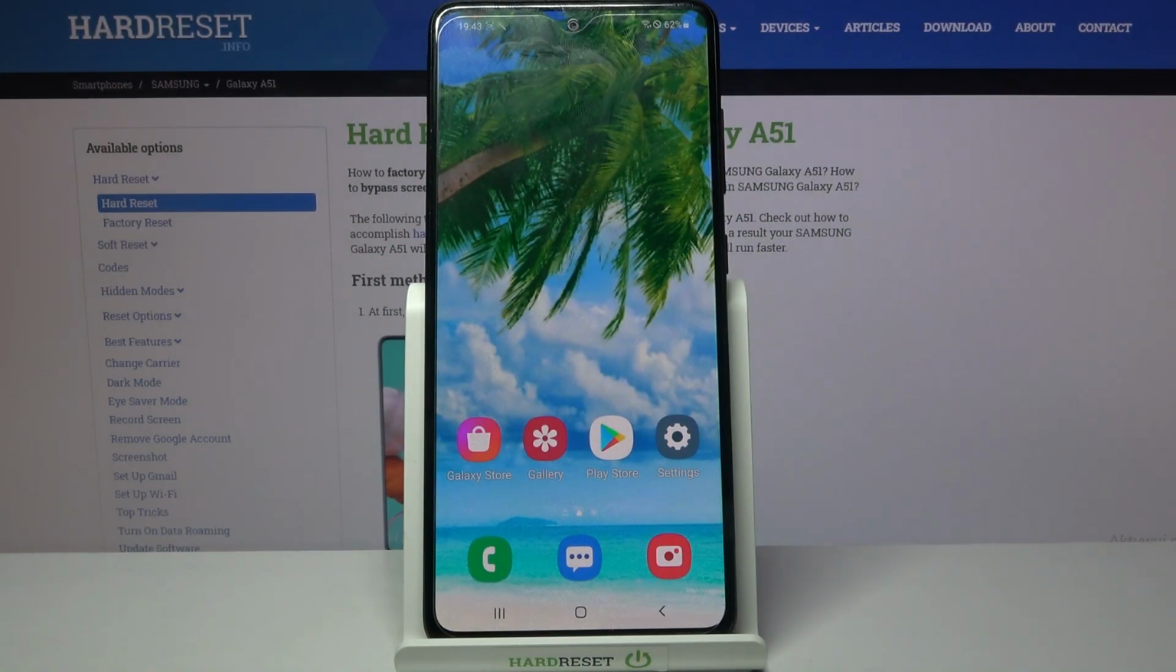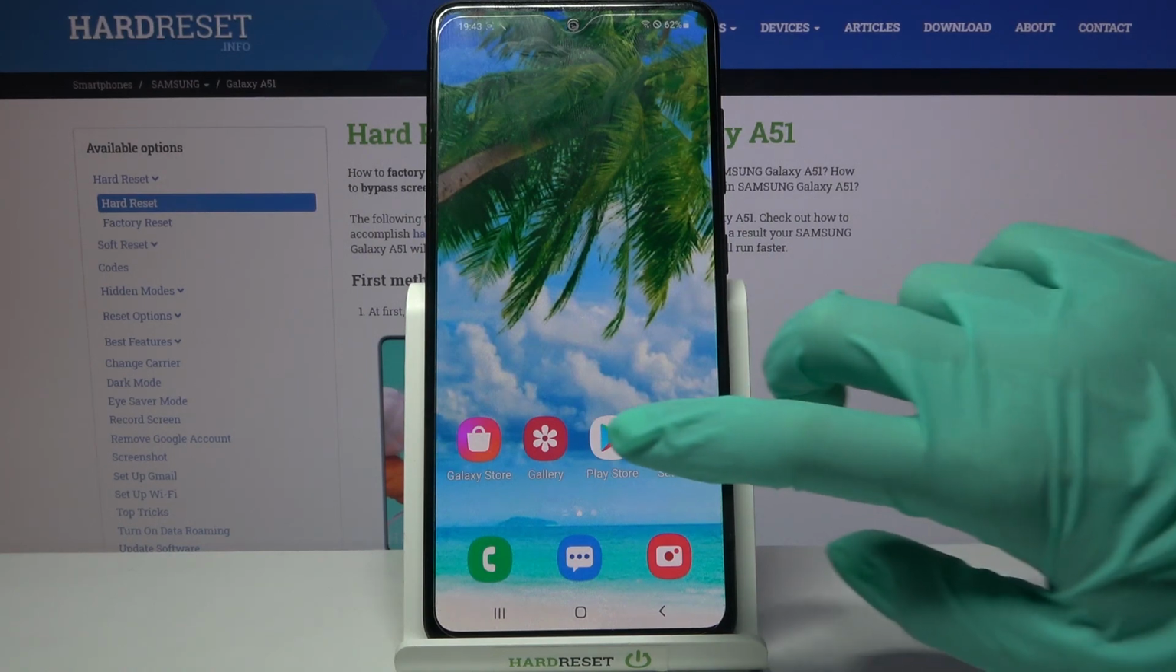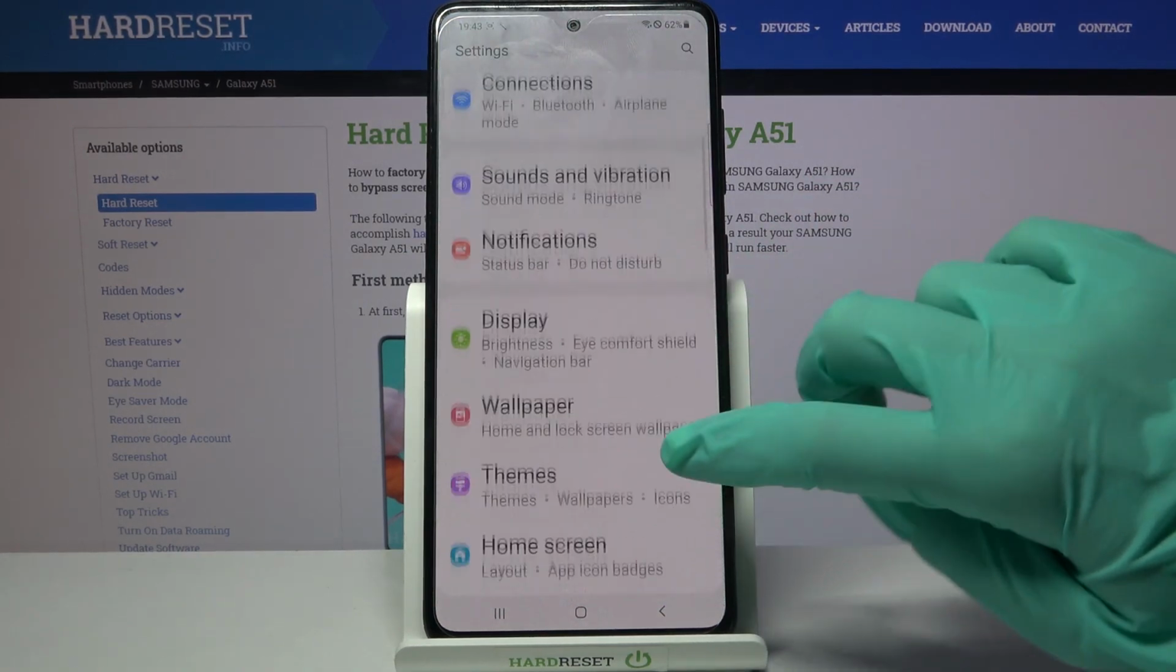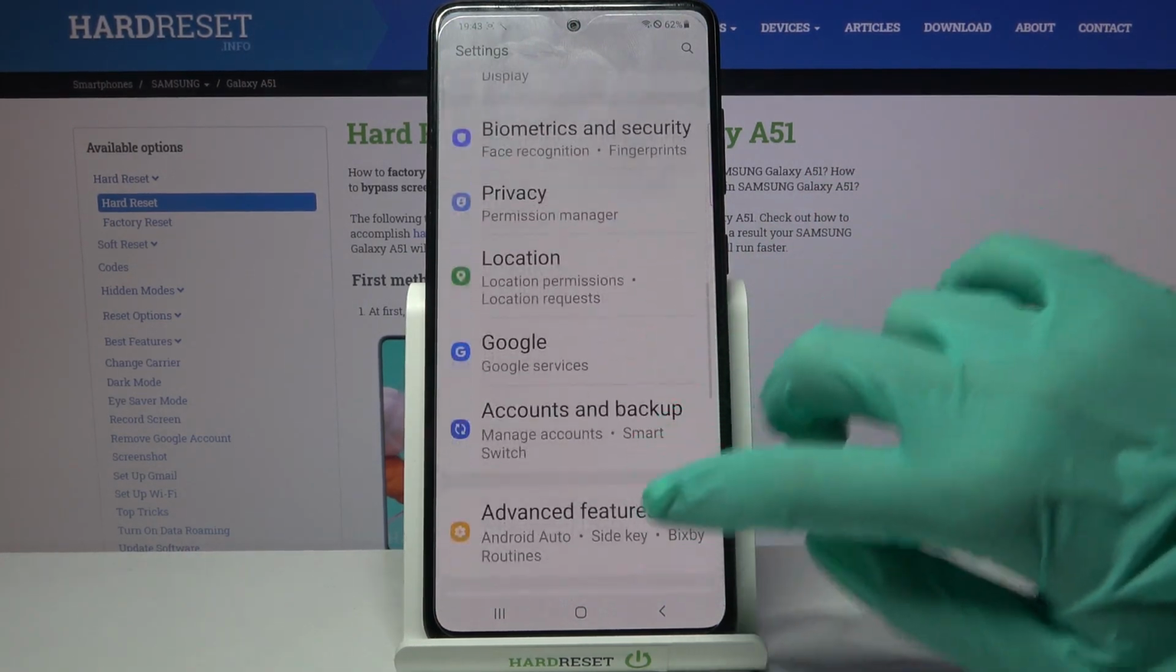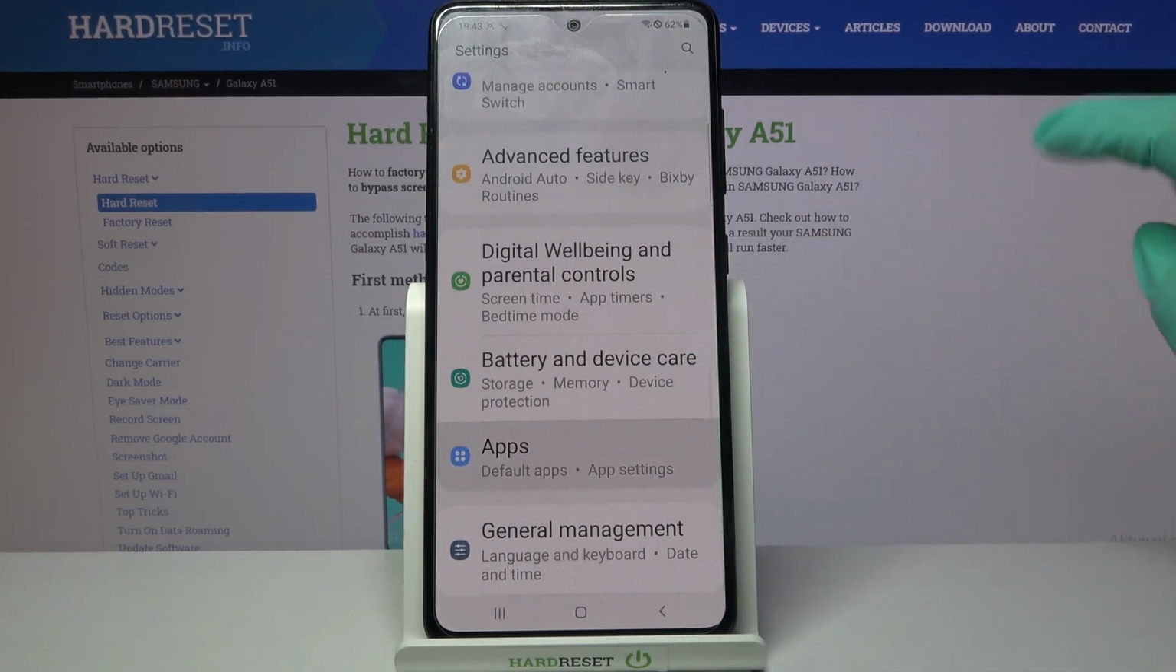Hi, in front of me is Samsung Galaxy A51 and today I would like to show you how you can change apps permissions on this device. First of all, go into settings. Now you need to scroll down, select apps over here and click on those three dots at the top right